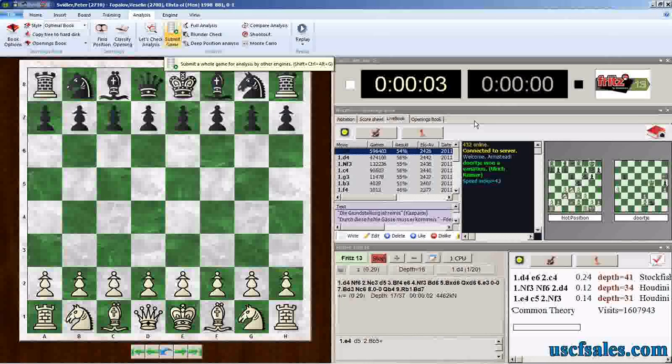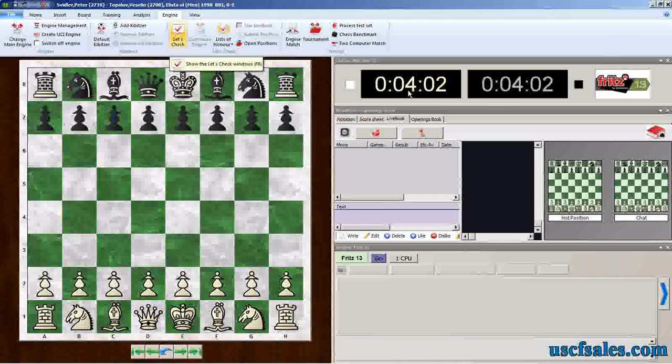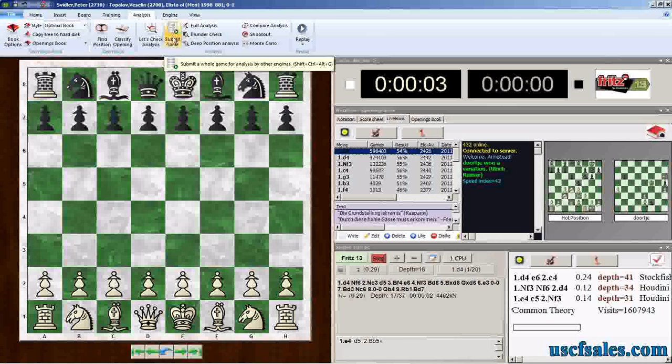When you've connected to the server, if you want to submit a game, you don't go to the Engine tab like we looked at before. Notice we went to Engine and then Let's Check. Where you go this time, you go to a different tab. You go to the Analysis tab and select Submit Game. There's a big button right here, Submit Game, and you see the mouse over, "Submit a whole game for analysis